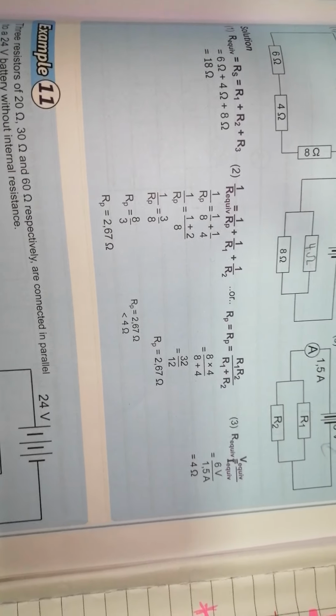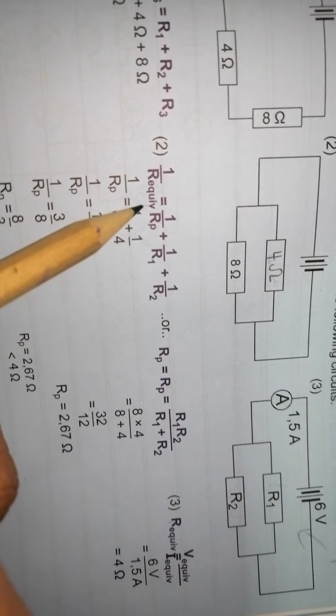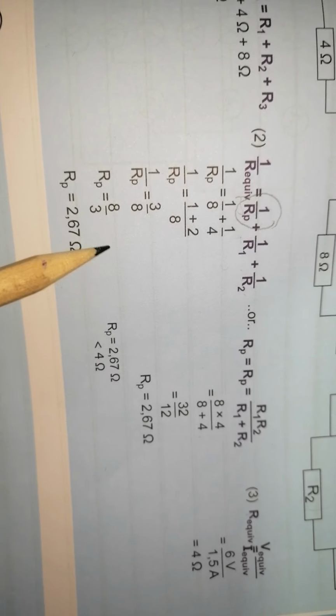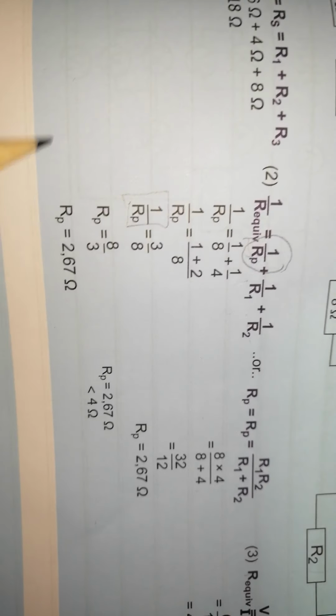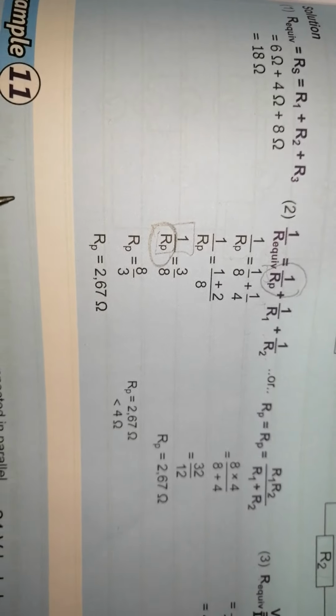Now, the important thing of calculating resistance in parallel is to actually make sure that you use the formula correctly. When you are calculating resistance in parallel, you need to be very careful what you're doing, because if you don't do this properly, you will get the wrong answer. Now, if you look at the formula, can you see 1 over Rp equals 1 over R1 plus 1 over R2, etc. Now, 1 over Rp is not resistance in parallel. 1 over Rp is 1 divided by the resistance in parallel. And we only want Rp, which is resistance in parallel. We don't want 1 over Rp. Okay, so we need to get rid of that 1 over Rp.